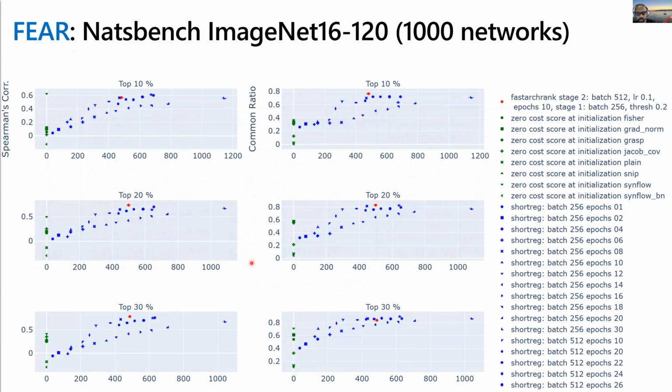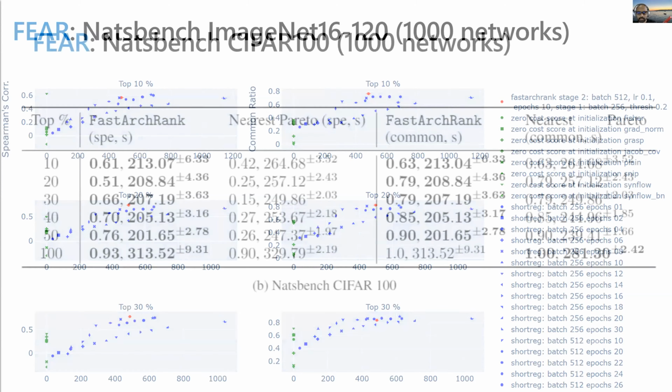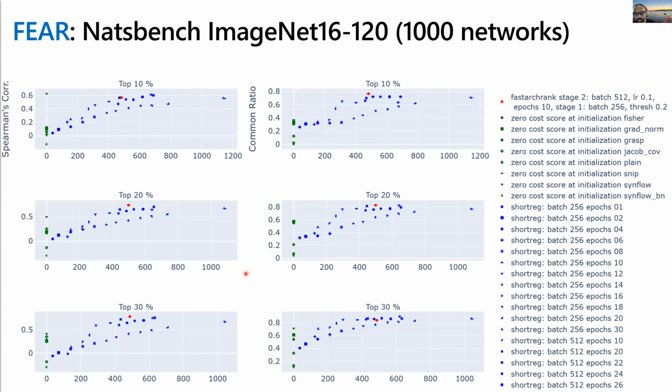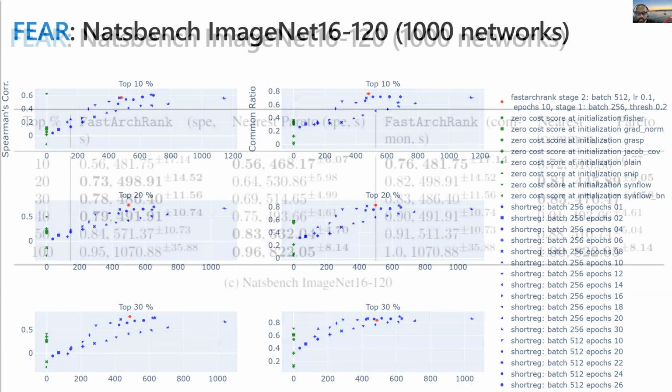I don't want to just show you all the most promising charts, cherry-picked, on ImageNet 16. Even though FEAR is close to right above the Pareto frontier, it's not as dominating as it was in CIFAR-100. But you will see in the random search results that, just because of this phenomenon that exposes the first order dynamics of weak versus strong architectures, we can take advantage of that to cut off and save time by a lot.